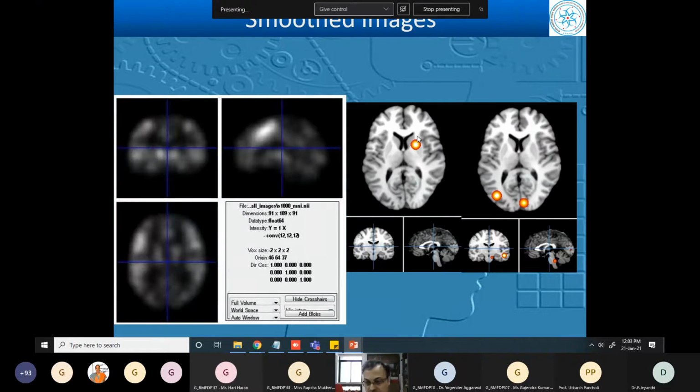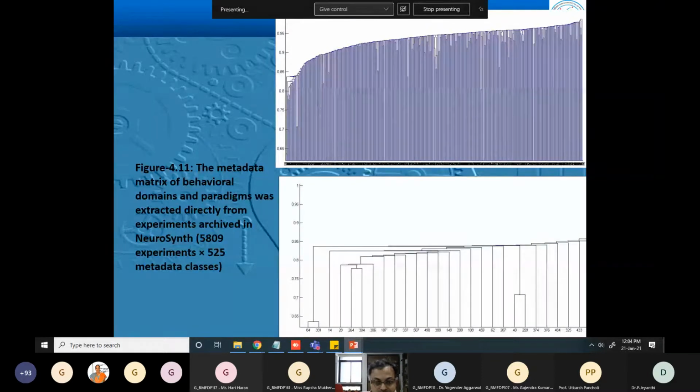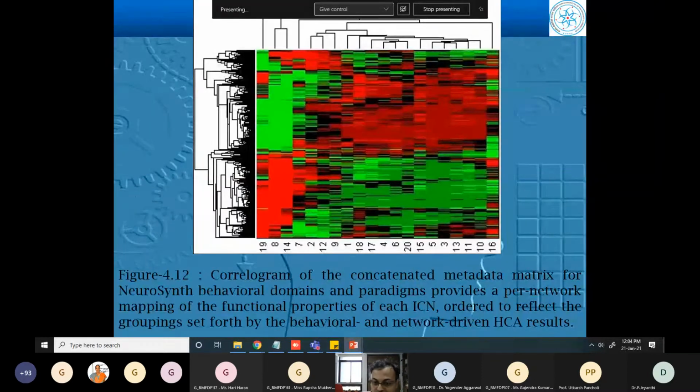You take a small Gaussian activity, take all those images, and do independent component analysis on them. What independent component analysis tries to do is decompose the data orthogonally, like principal component analysis, which you might have heard of. It projects the data on different dimensions to see which are not correlated with one another. That's what we call independent component analysis. And this data you can visualize in terms of a correlogram. Again, this is an algorithm that is used in bioinformatics.